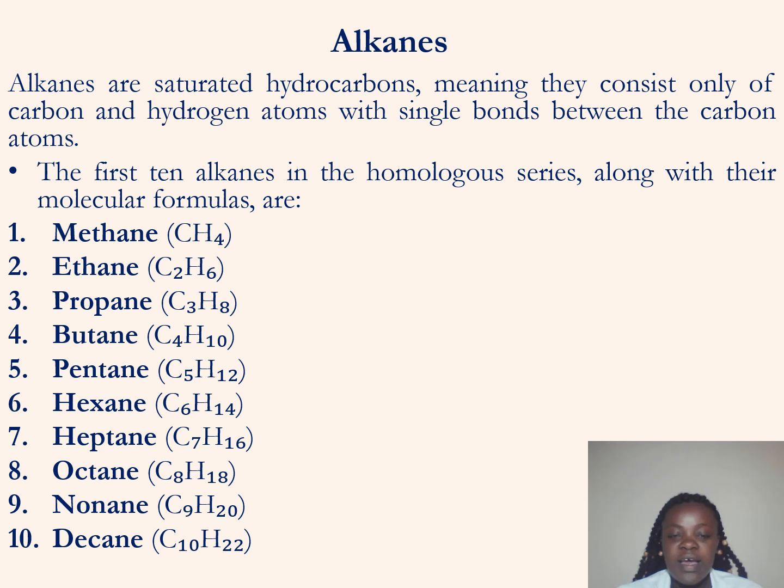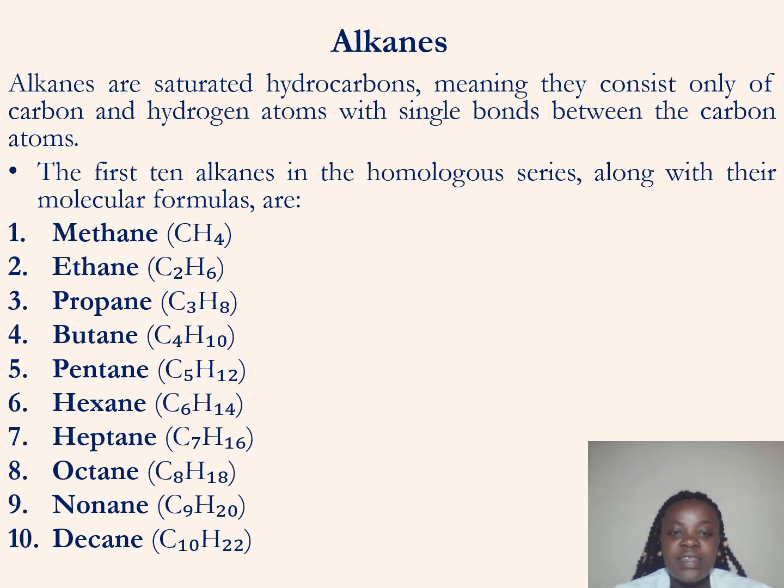Remember, we said we have several types of hydrocarbons, starting with the alkanes, alkenes, alkynes, alkanols, alkanoic acid. So today we look at alkanes, and we said that alkanes are saturated hydrocarbons, meaning they have only single bonds between carbon atoms,